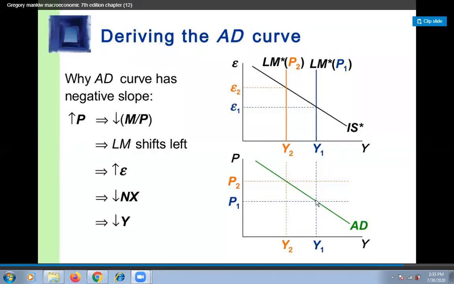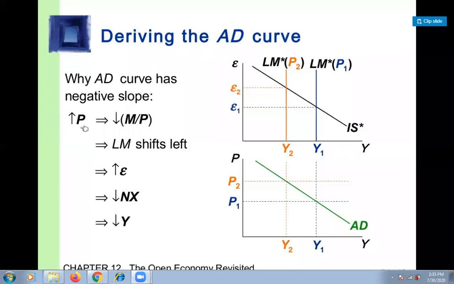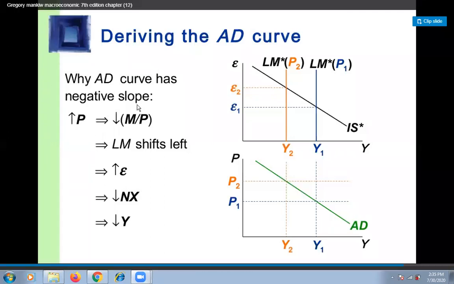Now let's assume the price level increases. This is one equilibrium point. Let's say the price level increases. As the price level increases, now consider the real money supply. As the price level increases in the denominator, the whole term decreases. As real money supply decreases, the LM curve shifts left